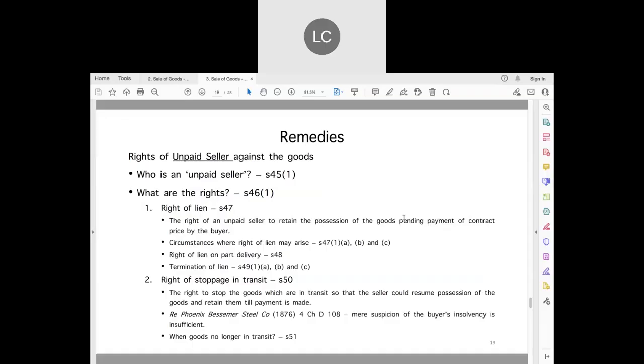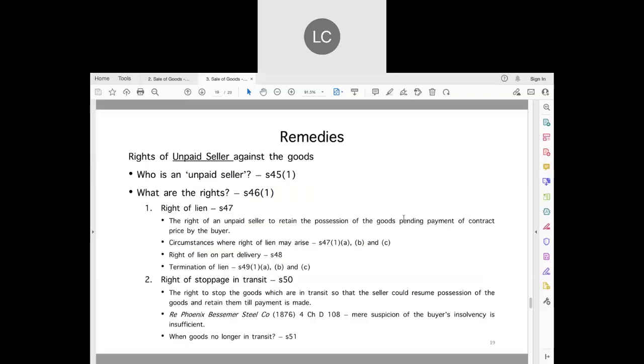So we say that the right of stoppage is a step further than the right of lien, because in a lien, the goods are physically still with the seller. So the seller has control over the goods when anything in section 47 that I mentioned earlier happens. But in the right of stoppage in transit, the possession of the goods has been handed to the carrier. But due to some events like insolvency of the buyer, the seller may stop the carrier and regain possession of the goods. Okay, so for example, if you have ordered something from KL,